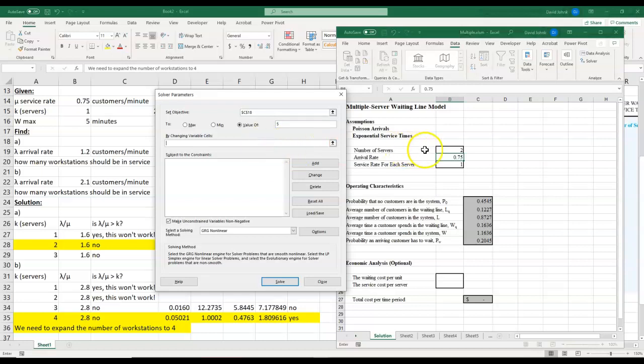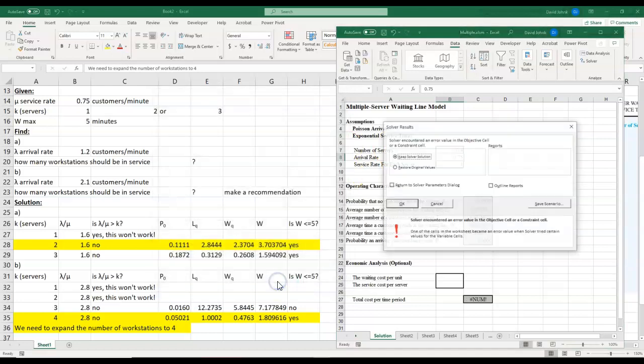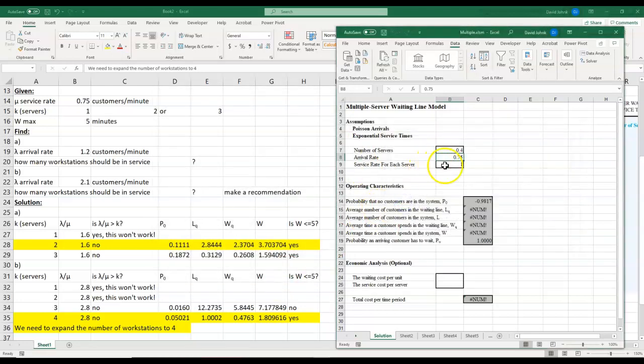And then what I want to change is this number of servers. And if I go solve, you can see that it changed the number of servers to,